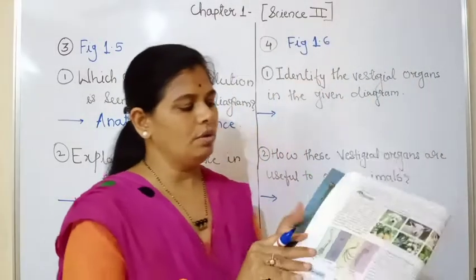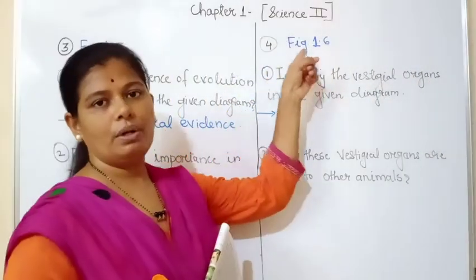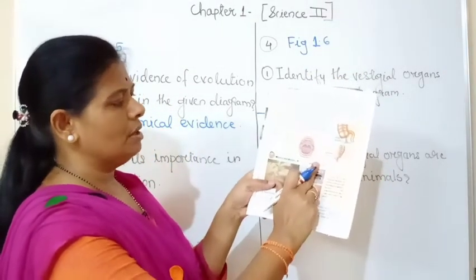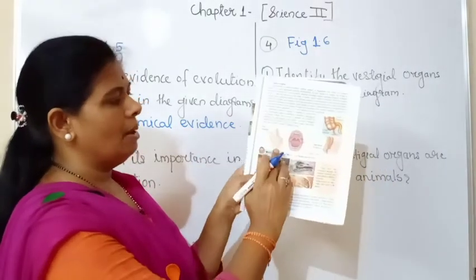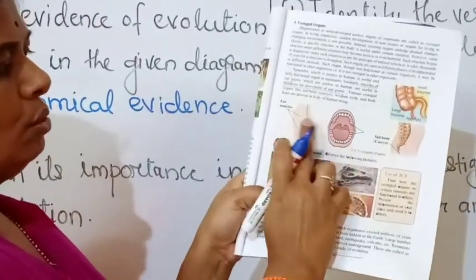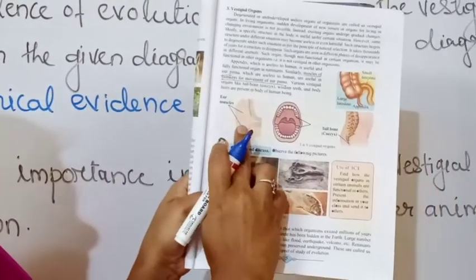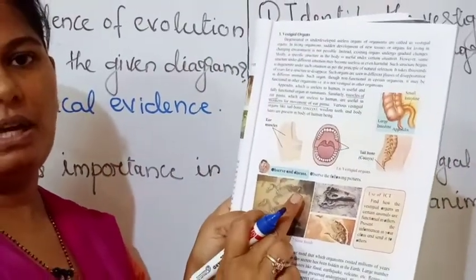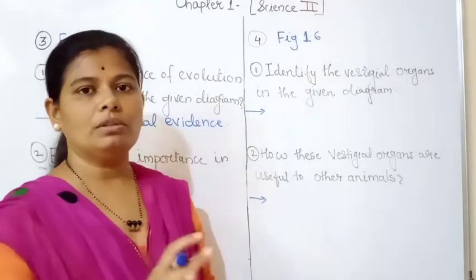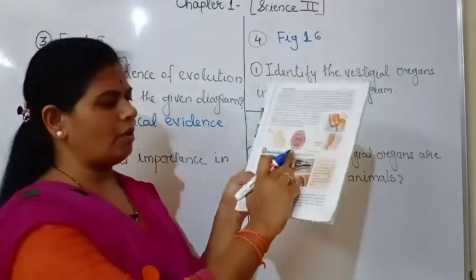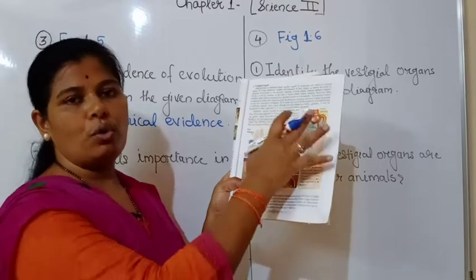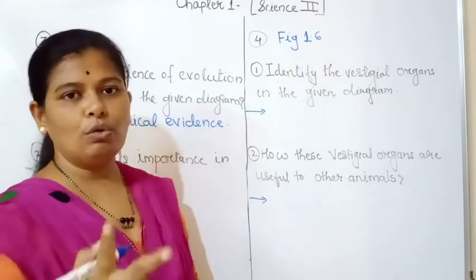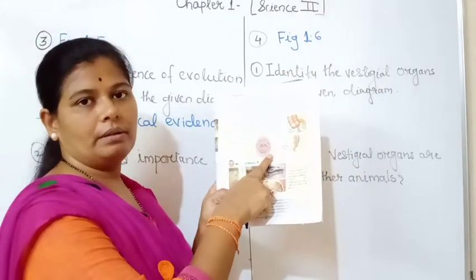So question number 4, you will see that the diagram which you have to refer is figure 1.6. Actually I have not written it here, but the first two diagrams, regarding the ear muscles, meaning the ear pinna, and the wisdom teeth, will be given to you in the exam, and this activity depends on those two diagrams only. Because in 1.6 four different vestigial organs are shown, for this activity two will be asked, that is the ear pinna and the wisdom teeth.